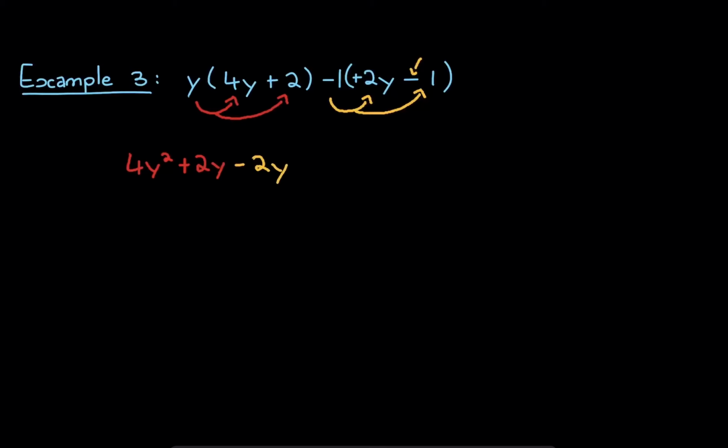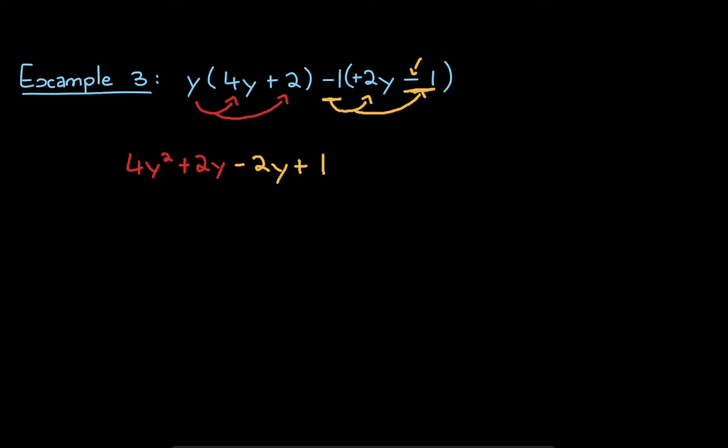All right, negative, because remember, what we looked at earlier, a negative number multiplied by a positive number will always give you a negative number. So that's negative 2y, and then you get negative 1 times negative 1. Both of them are negative, and negative times a negative will always be positive, so you get positive